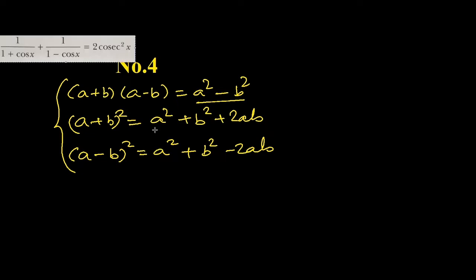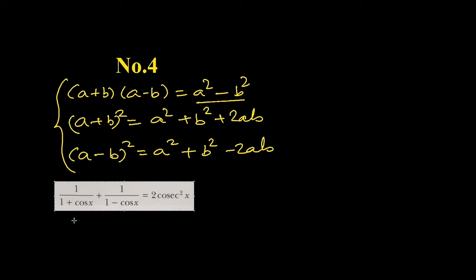Let me give you an example. Here is an identity I have to prove. Obviously, in tip number 3 we talked about if two parts are adding or subtracting, denominators help us to merge them, right? So the same thing we'll do here. We'll multiply the denominators by each other so that the LCM becomes their multiplication. So I will multiply 1 minus cos x here and 1 minus cos x on top. Similarly, I will multiply 1 plus cos x on numerator and 1 plus cos x in denominator. But look, here it is 1 minus cos x, this is 1 plus cos x, and this identity will be